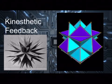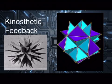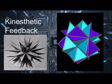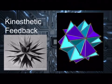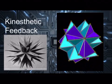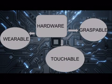Within software, the most common method at the moment is the use of polyhedral models, which represent objects in the virtual world. This 3D model can calculate touch data by evaluating how forces and lines interact with the various faces of the object. It can be made to feel like real solid objects and their textures, which only actually exist within a virtual environment. Within hardware, though, there are 3 different types of ways they can touch: